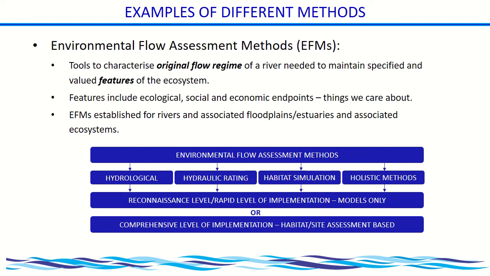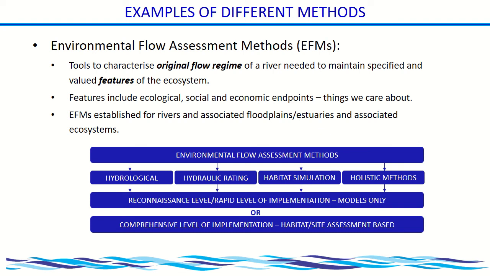All right, so in terms of the environmental flow methods, we focus on rivers. Why? Because river ecosystems from a catchment perspective are what's transporting all of that water around the catchment. So we know that if we want water here, we can just take some from the river because all of the rainfall that falls upstream of us is going to come past us. If we want to take water from here and send it somewhere else, we can divert it from one river to another river. We may build a dam, but it's the river ecosystems that are providing us with the water that we use predominantly around the world. So we focus on river ecosystems.